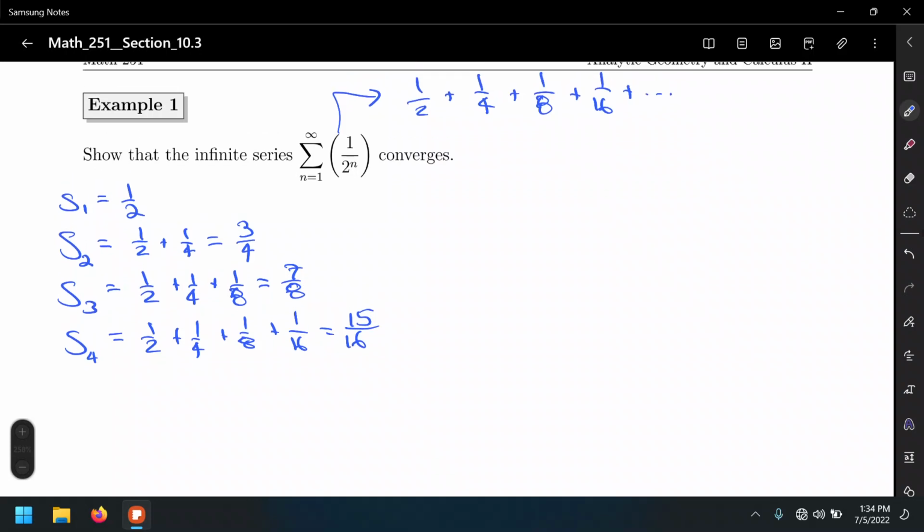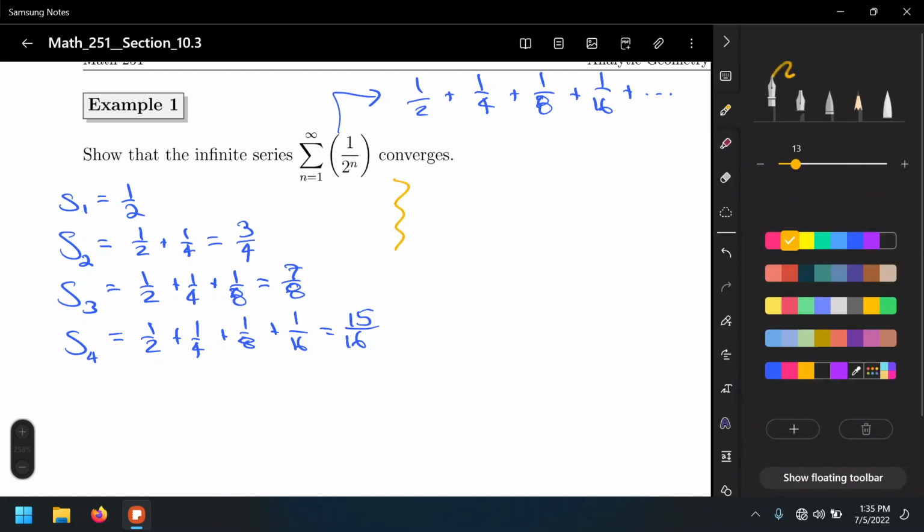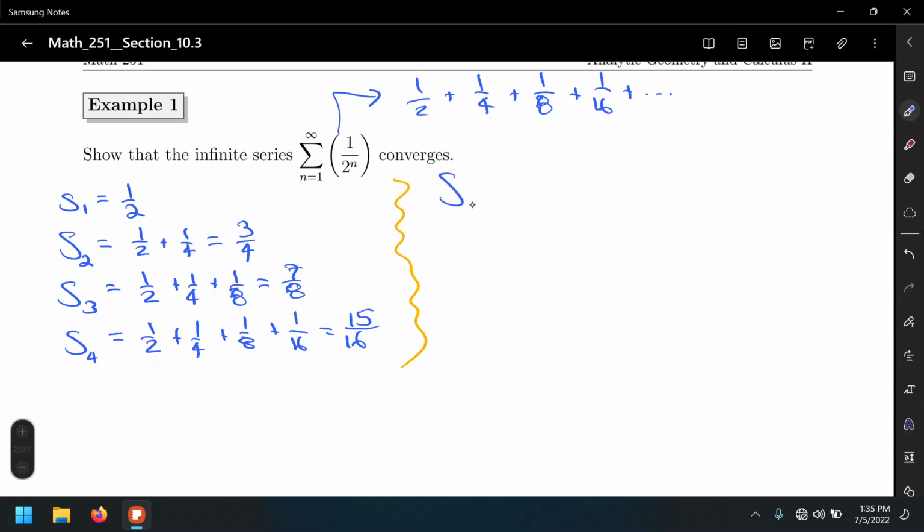So the trick here is to write down a sequence of partial sums given by the following expression. So S of n, which is S1 plus S2 plus S3 plus ... Of course, that one goes on forever. And well, let me do the S sub 4 also, because we already did it as well. So we're going to focus on,